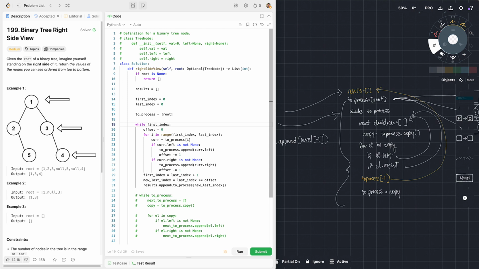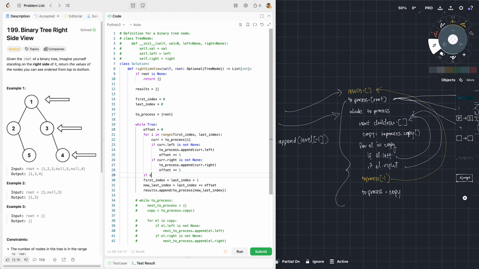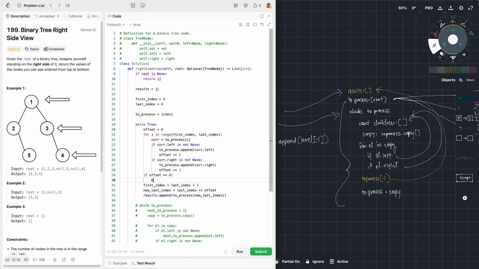Okay, so the trouble with this is we don't know how many nodes completely exist. So because we don't know how many nodes exist, I guess we're not sure when to break. It seems like maybe when to break is if offset is 0, because that means that we've processed 0 new children. So yeah, maybe that's when you break. And then if offset is not 0,